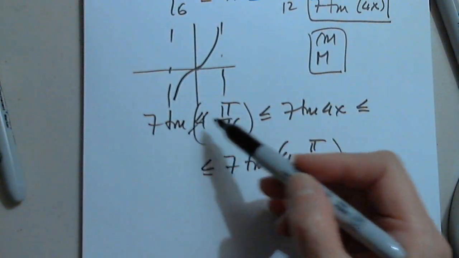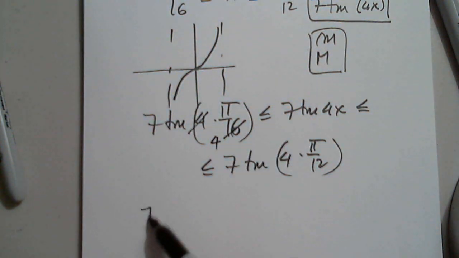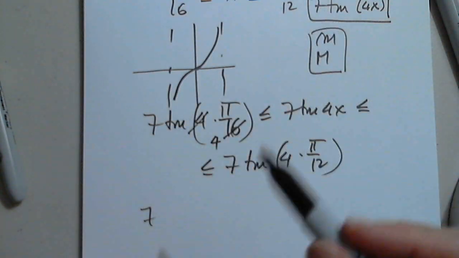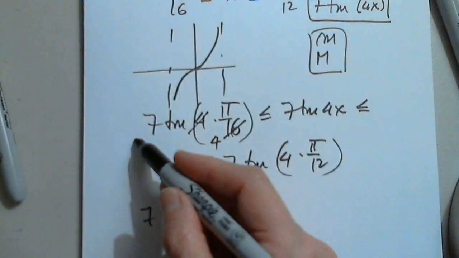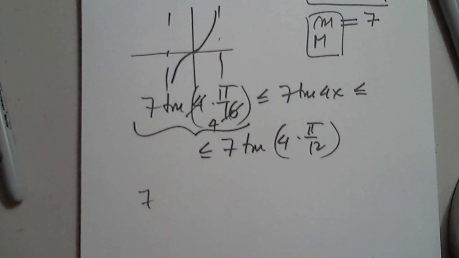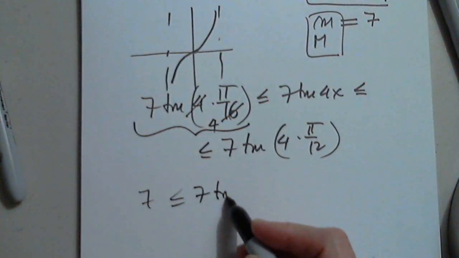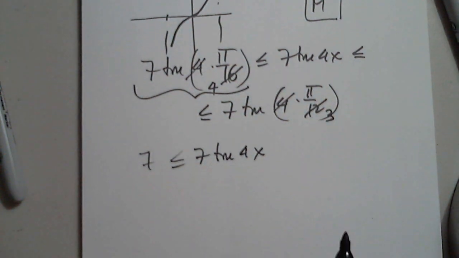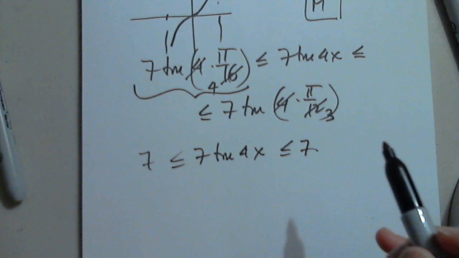Okay, I'll simplify. I know the tangent of pi over 4, you told me a few minutes ago, is 1. So this piece is 7, which means 7 is less than or equal to 7 tangent 4x. So here I have pi over 3, and less than or equal to 7 times